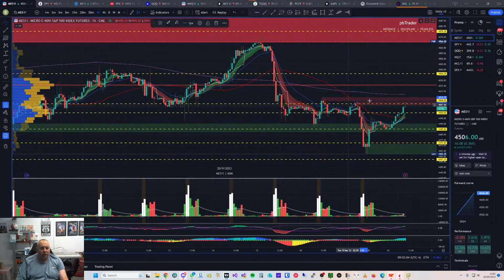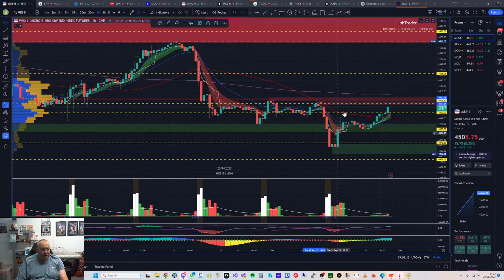So on my screen now is the 1 hour MES or the ES index futures. I trade the MES, hence why I got the MES, but the ES is exactly the same chart, same values, but it's just 10 times larger than the MES contracts. So what we're looking at now is